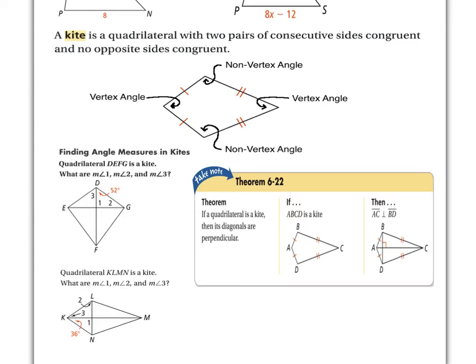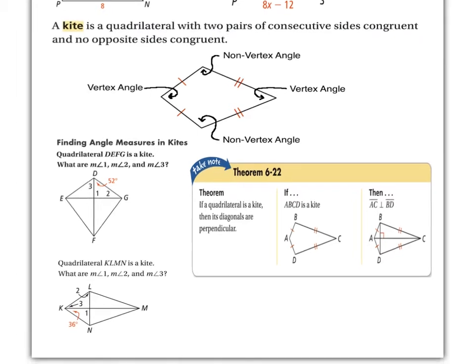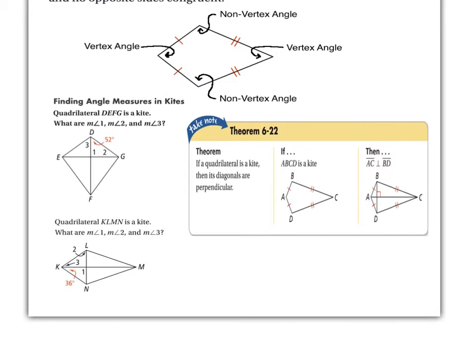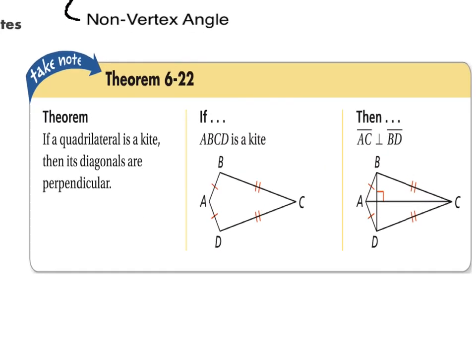All right, now let's take a look at theorem 6.22. It says if a quadrilateral is a kite, then its diagonals are perpendicular. And you'll notice here that we've added in some diagonals, B to D and A to C, and those diagonals are perpendicular. Now, they create 90-degree angles, in other words, but another couple of other things that you can add to this below this